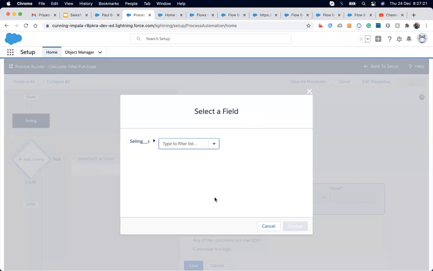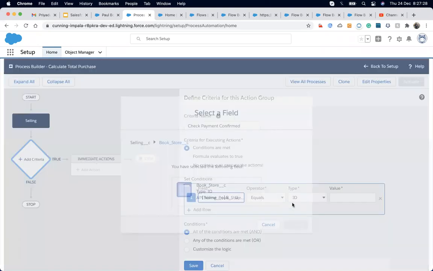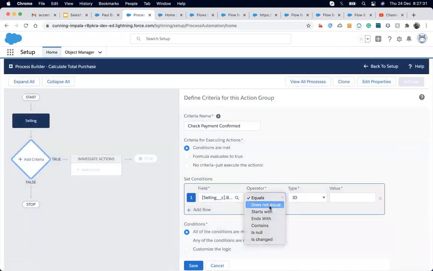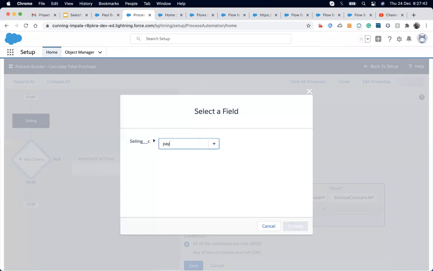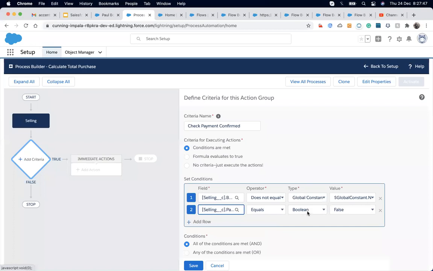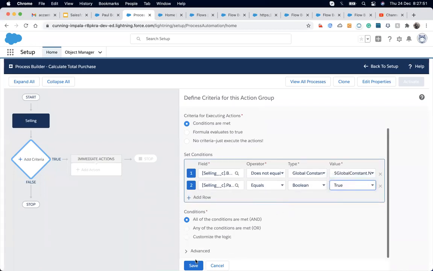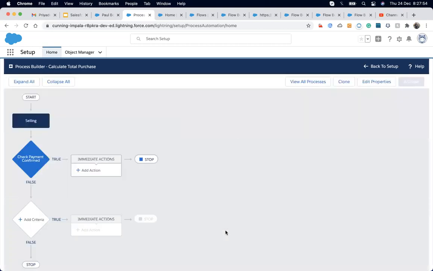And I will check here that bookstore, first, is not equal to null, meaning bookstore is not empty. Second, I will check that payment confirmed is true. Then it will execute. All conditions are in, and then I will hit save.